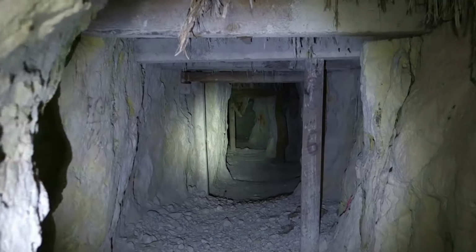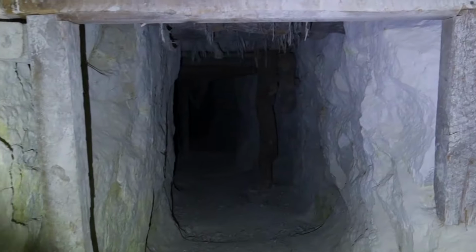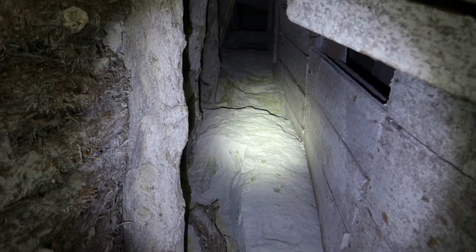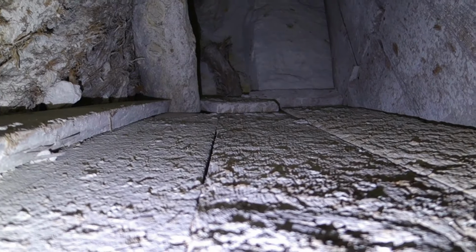This looks like another gallery of ore chutes. Obviously there was an ore chute or something here at one time, over my head. See where it dumps down right there. So this is fairly unique. I'm looking up that ore chute right now, and you can see it would have run out down here, and essentially,